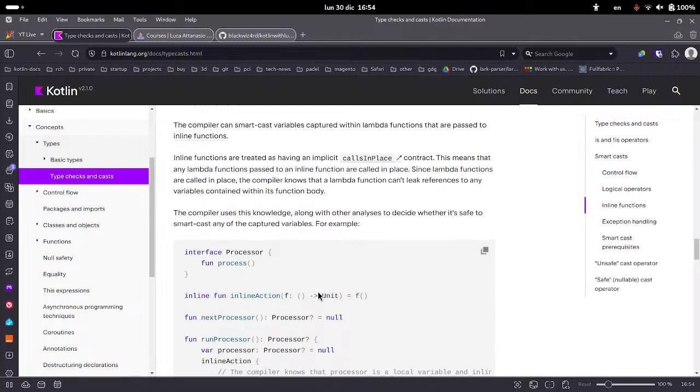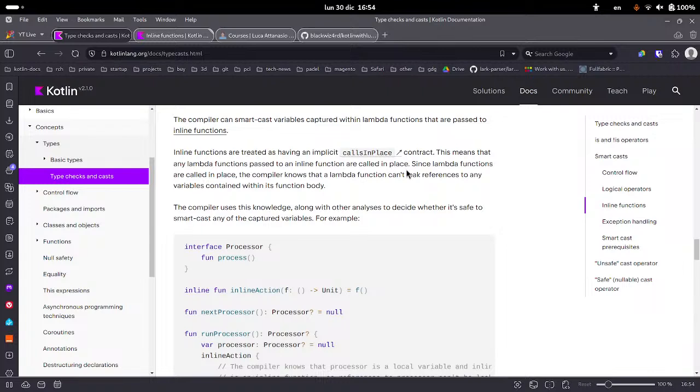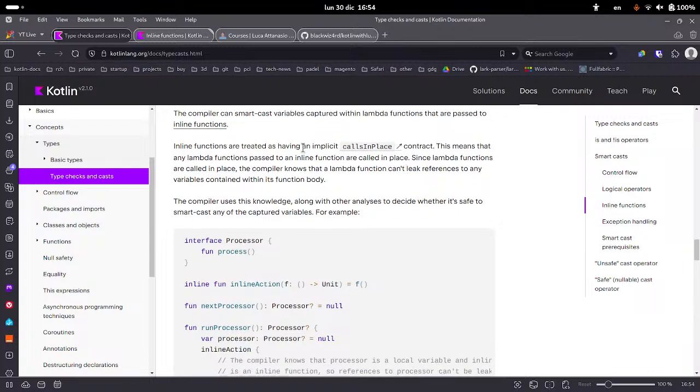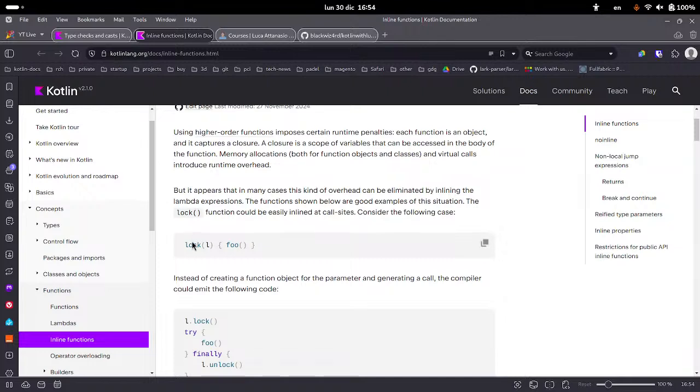The thing is that they use these inline functions. The compiler can smartcast variables captured within lambda functions that are passed to inline functions. This means that any lambda function passed to an inline function is called in place. Since lambda functions are called in place, the compiler knows that a lambda function can't leak references. Probably this has something to do with the inline functions,